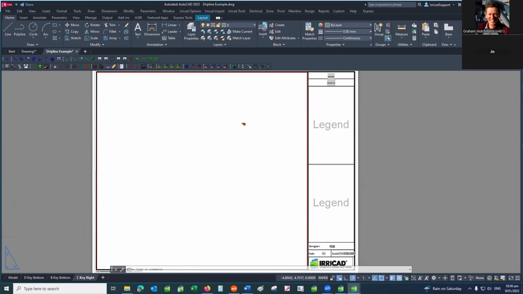Oh no, we're going to be looking at it now. Okay, so you can permanently add additional layouts to your DWT file. So if you're using a particular template that you want to start your designs with, such as the default Irricad template, and you want to add more or subtract,